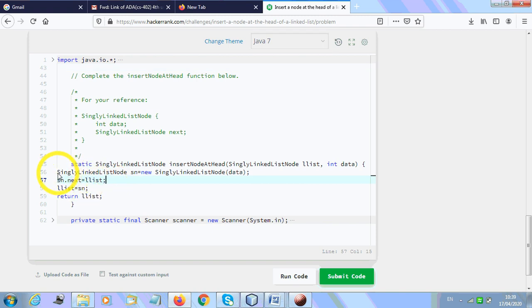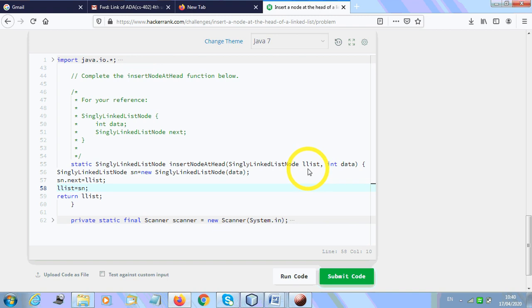It's the latest one. The code itself is given for this one. See the code is given. I have written this code. Okay, so this is how you are going to insert the node. So we have this singly linked list given there. See, we have two portions, data and next. So I have made an object of this one and pass the data itself, and in the next of this one the list is already pointing the data itself.